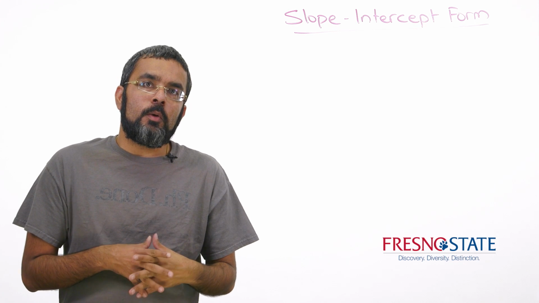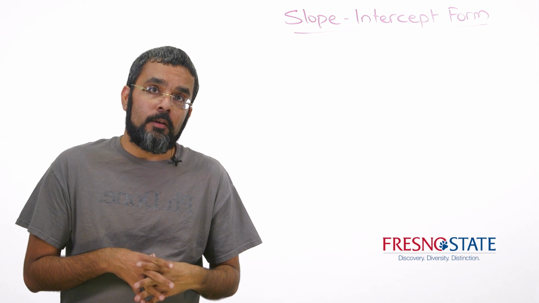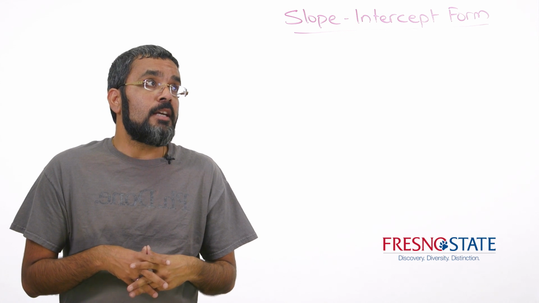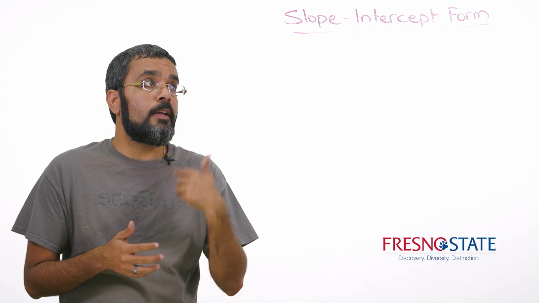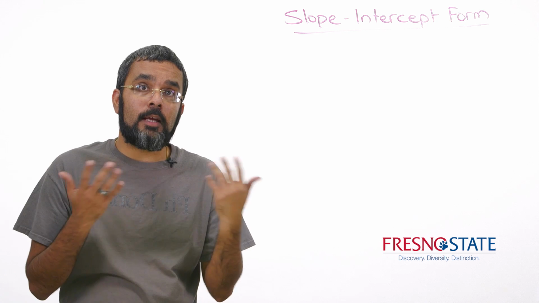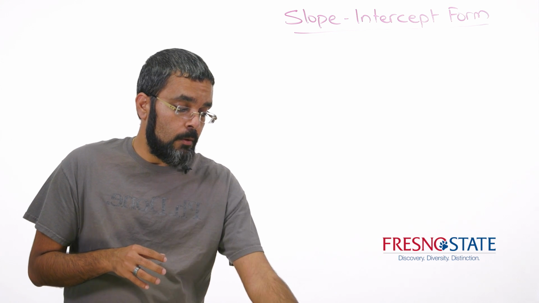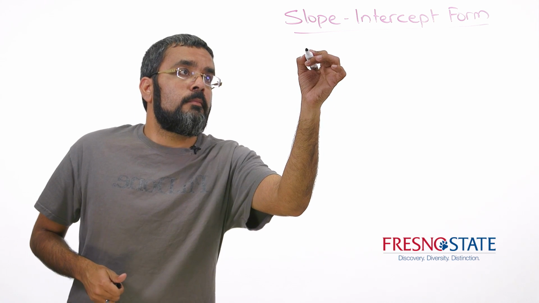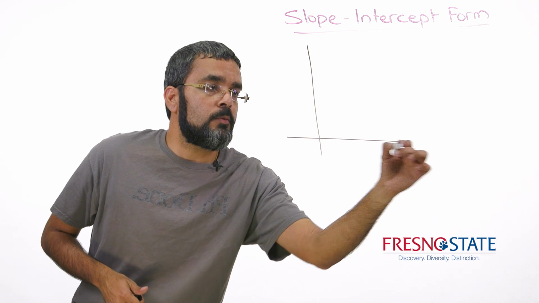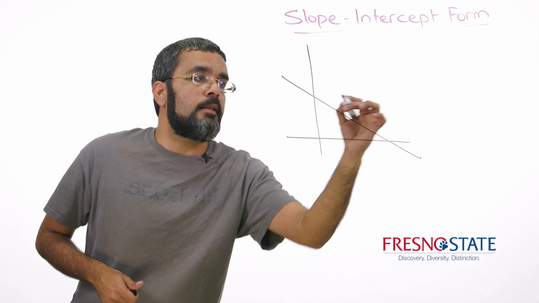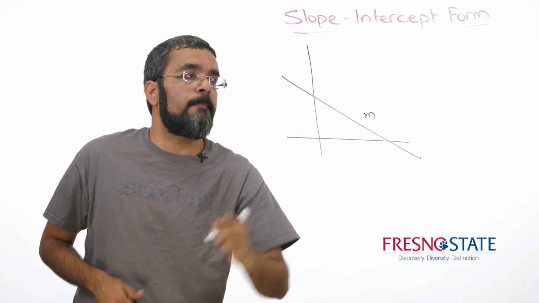So in this video, we're going to look at the slope-intercept form of a line. Just as the name suggests, if we're given a slope and a y-intercept, can we find the equation of the line? So let's say this was my line, and the slope here was m,